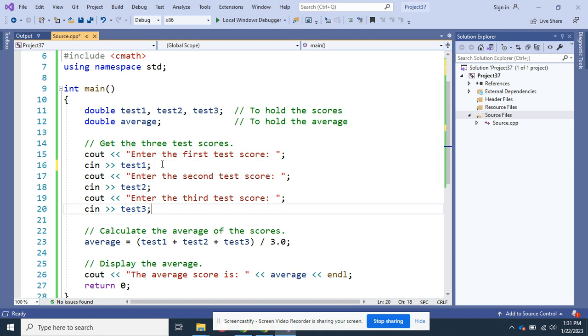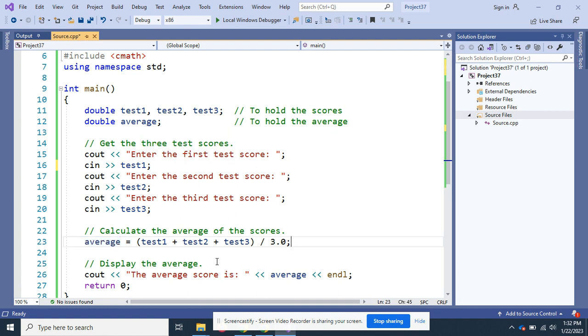But they're taking those in as doubles. I made them doubles for this program. You could just as easily have made them floats, right? You'll enter all 3 test scores. Then the program is going to do the math on it: test1 plus test2 plus test3, divide by 3.0, and put that value in average, which is a double.